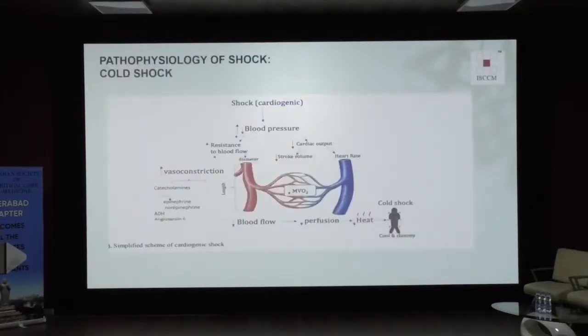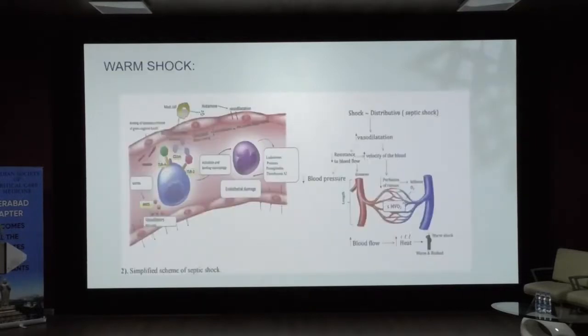This is a bedside or clinical classification: cold shock and warm shock. Cold shock is cardiogenic. Whenever there is a decrease in blood pressure, decrease in cardiac output, stroke volume and heart rate, that is the right side. For compensation, there is vasoconstriction, which increases the resistance to blood flow. Overall there is decreased blood flow and decreased perfusion, which is manifested as coldness. This is cold shock. Then coming to warm shock, the most common is septic shock, which is due to